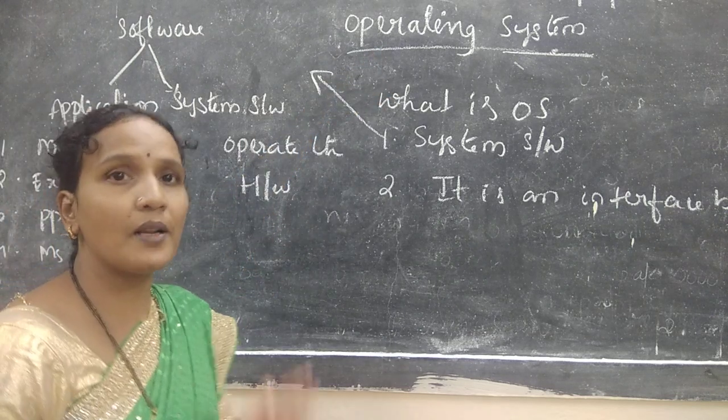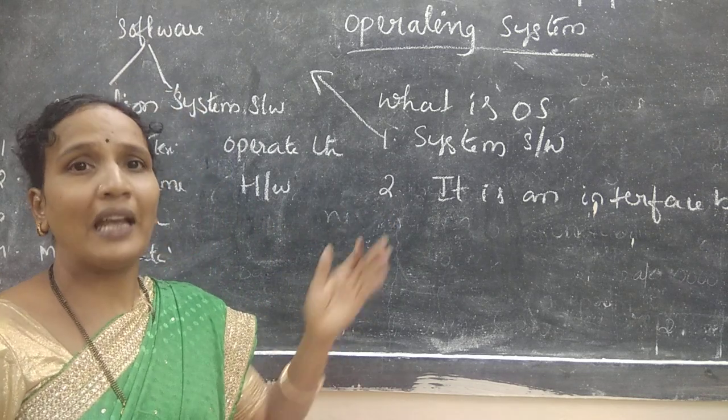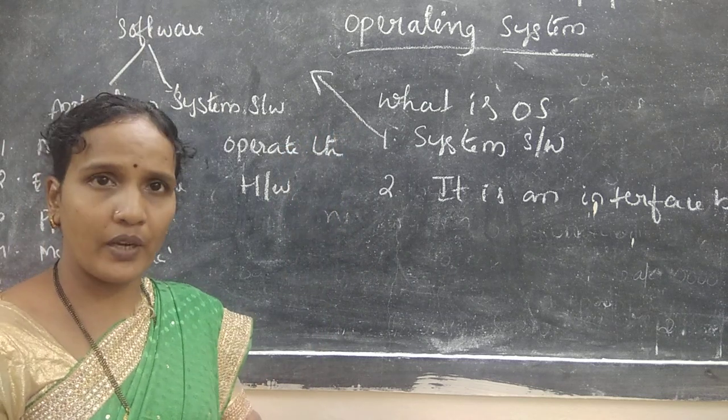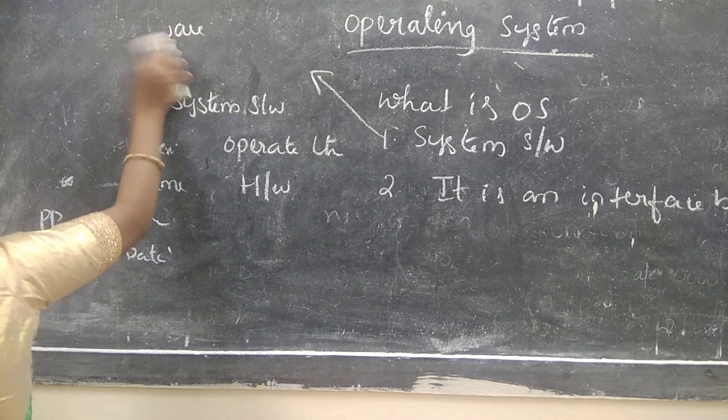What is the operating system? It is a system software. So if you want, I'll give you examples also. Android is there, iOS is there. That too will come under system software only. Windows also you can take. Now the next one is,